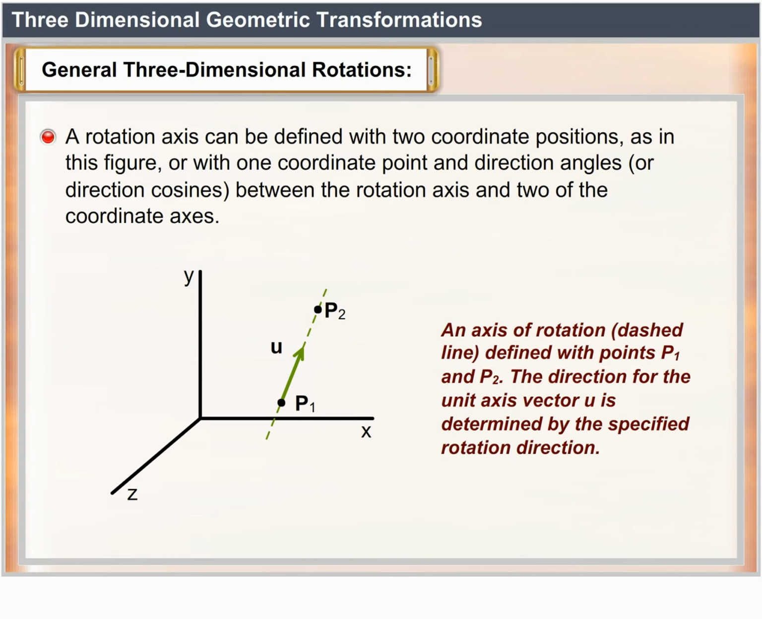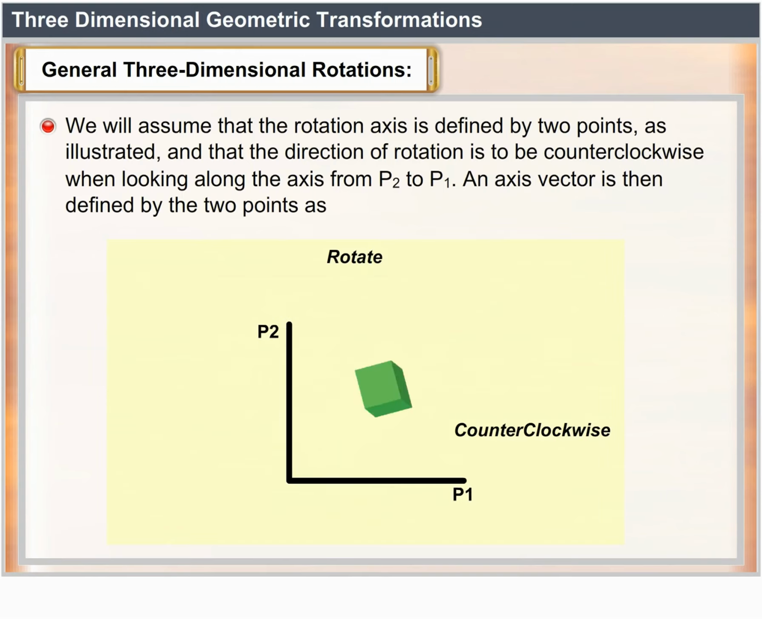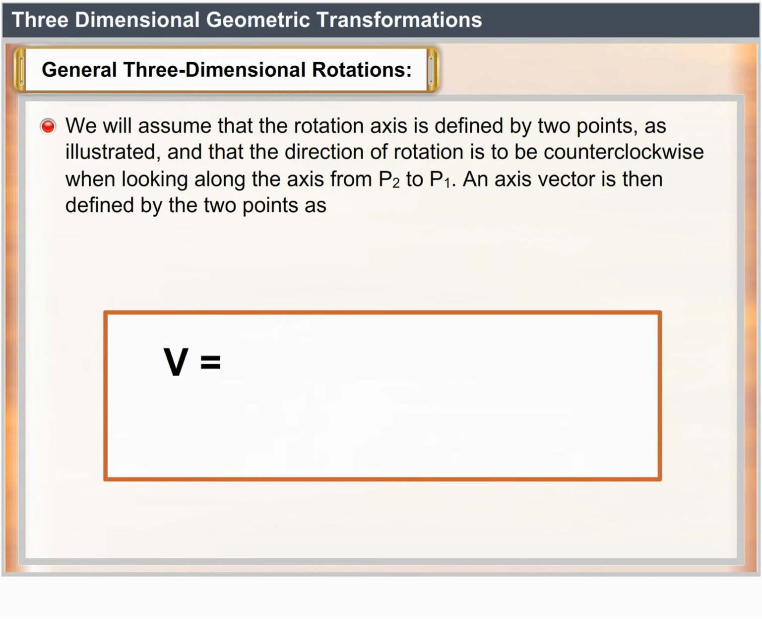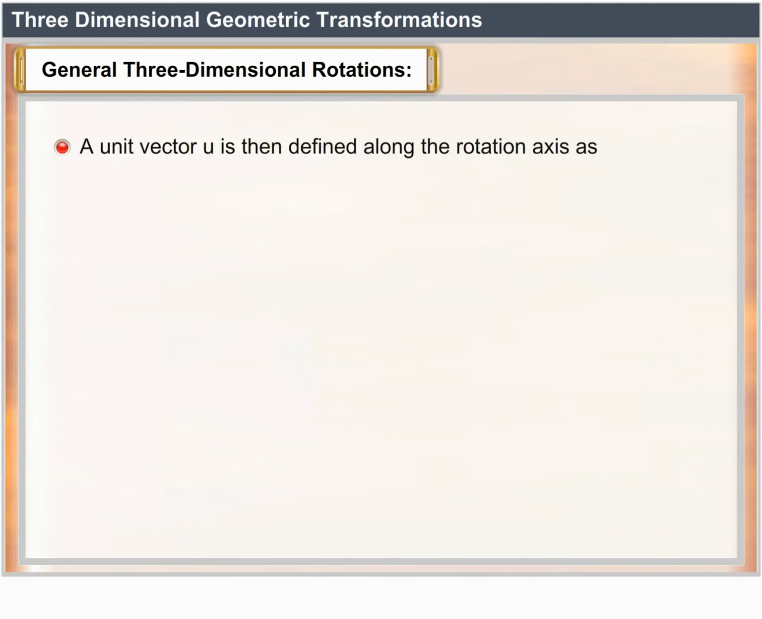We will assume that the rotation axis is defined by 2 points as illustrated, and that the direction of rotation is to be counterclockwise when looking along the axis from P2 to P1. An axis vector is then defined by the 2 points as V equals P2 minus P1 equals (x2 minus x1, y2 minus y1, z2 minus z1). A unit vector u is then defined along the rotation axis as u equals V over modulus V equals (A, B, C),